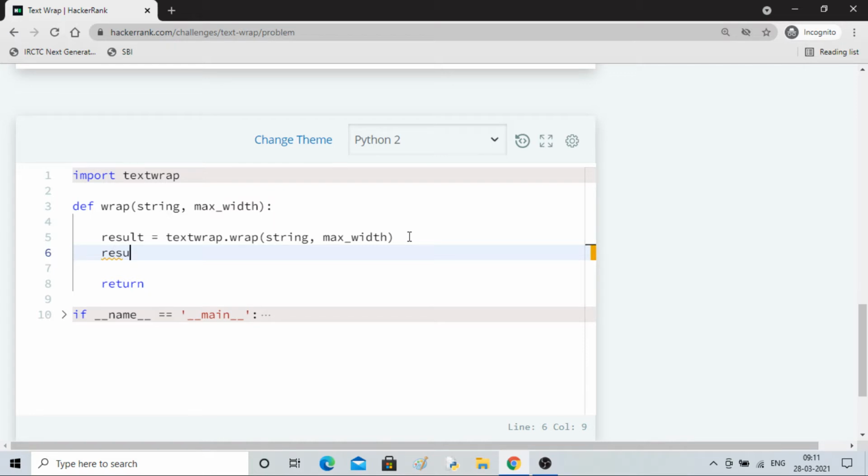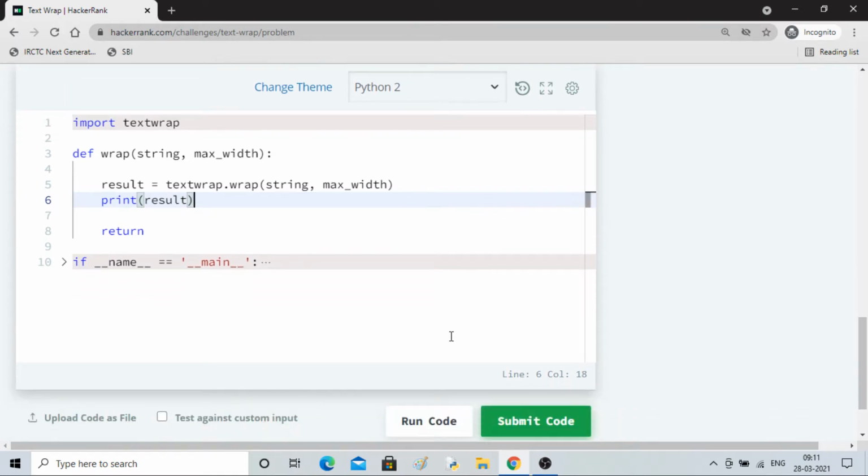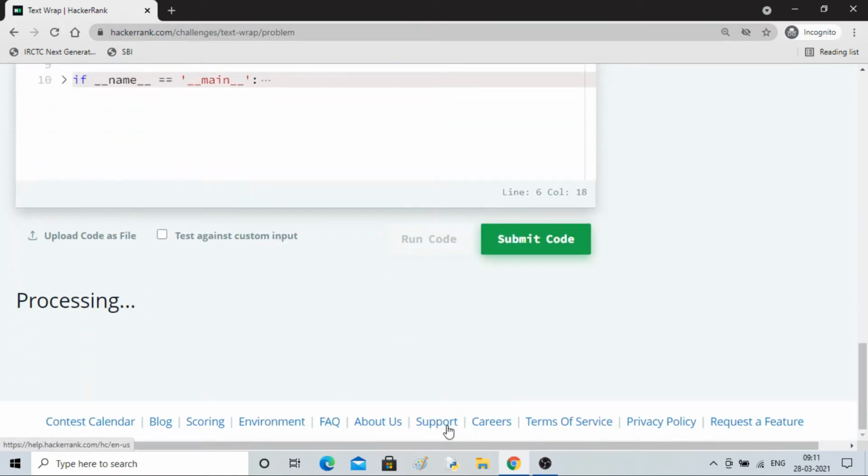We will print the result and see how it looks. It has taken the input string as well as the width, and it will directly give us the result.